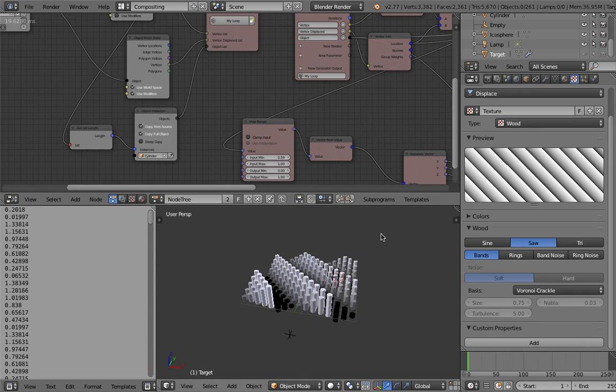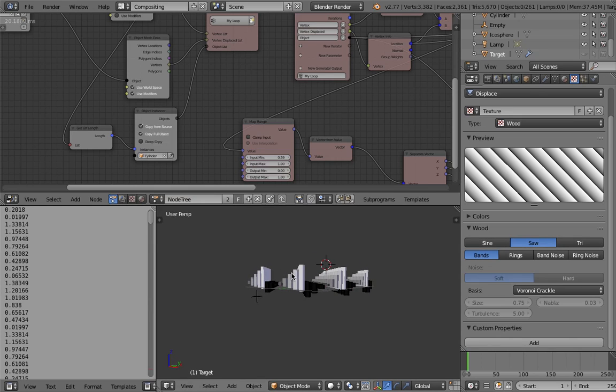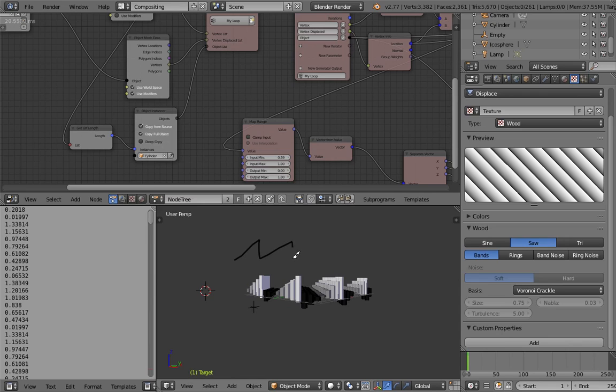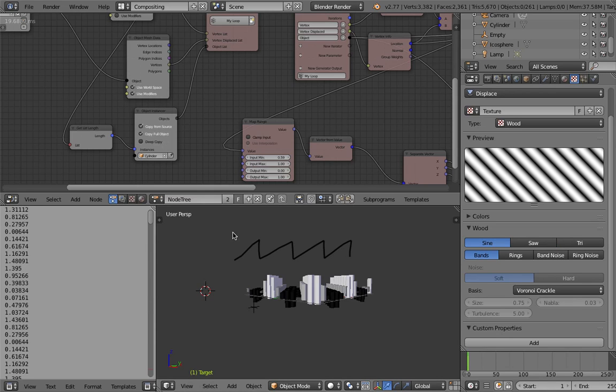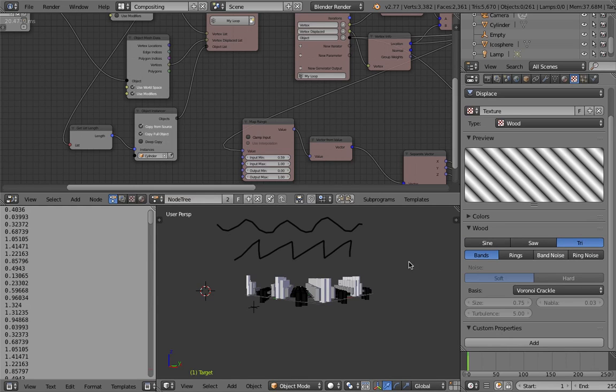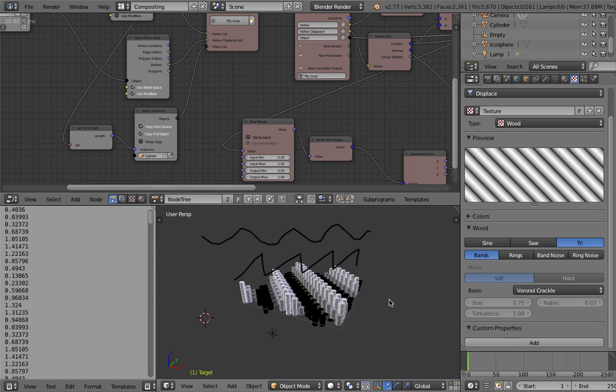math. So if you have something like saw, it's more like that. Since this is Blender, okay, we can choose. Saw function is like that. Sine function is more like this, smoothly goes up and down like a wave. And tri, I'm not familiar with tri, but you can see it's happening anyway.